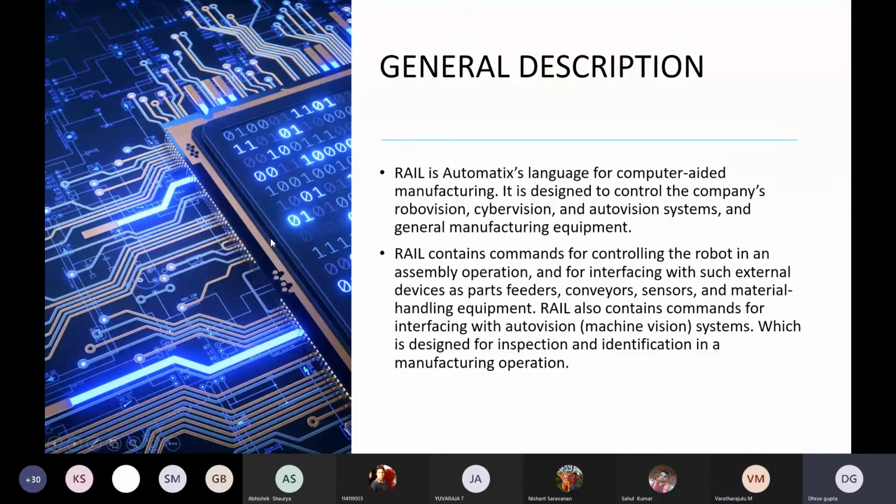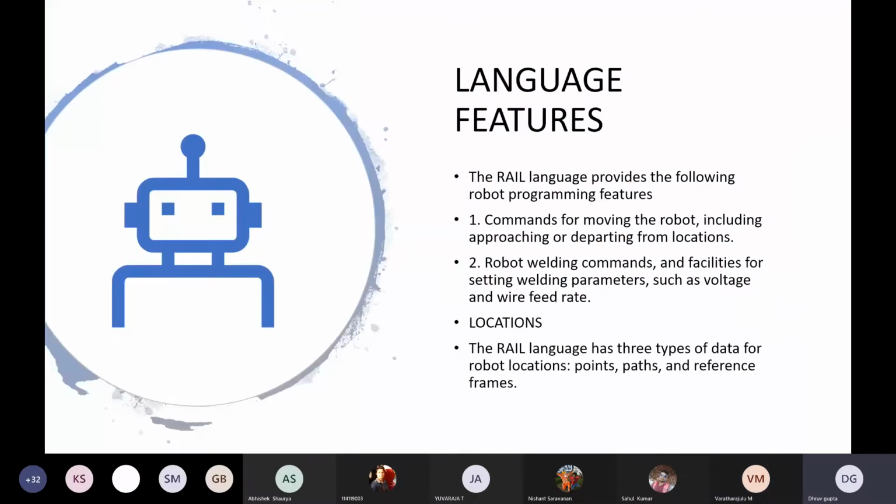So, continuing, RAIL also contains commands for interfacing with automatic vision, like a machine vision system, which is designed for inspection and identification in a manufacturing operation. What are the features that we have in the RAIL language?